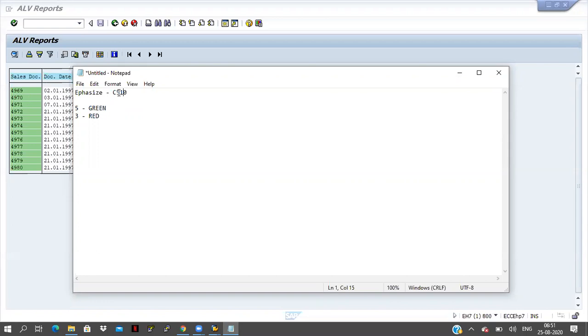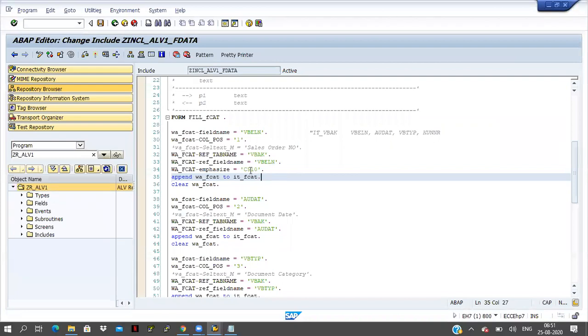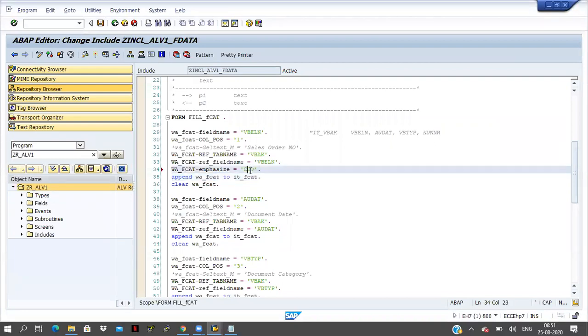If you take 0, the background color will be as usual, white, and the text color will change. After that, the third digit, 0 here, is the intensity, meaning how much color is coming, thick color or light color. We can apply 0 to 9 here. That is the emphasize. See, I am taking 510. In place of 510 I will take 310. Let me check which color it will come here. I don't know exactly what the 3 is.